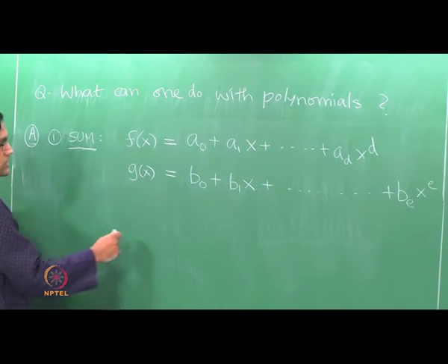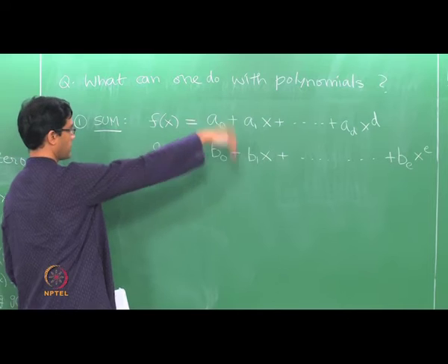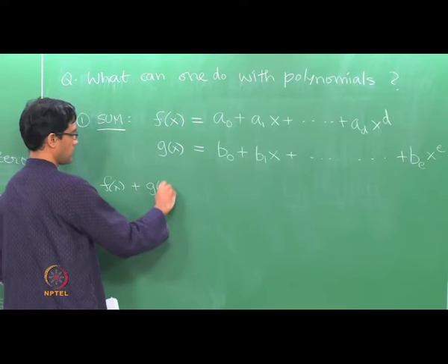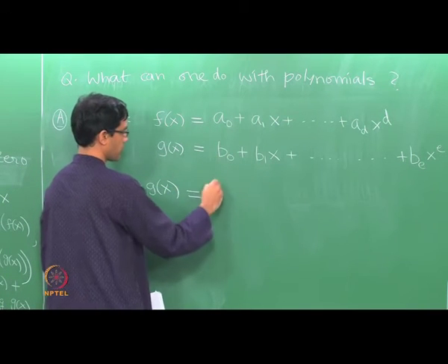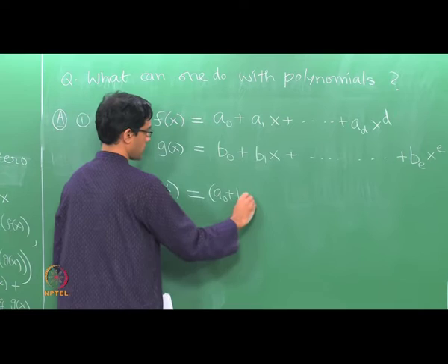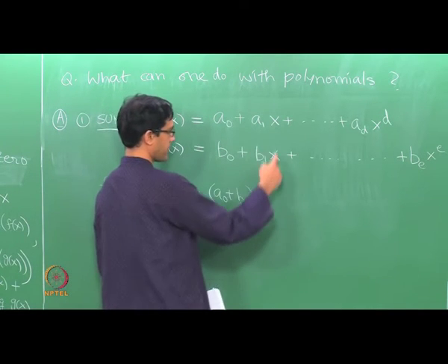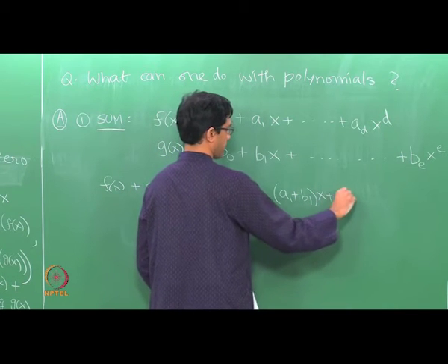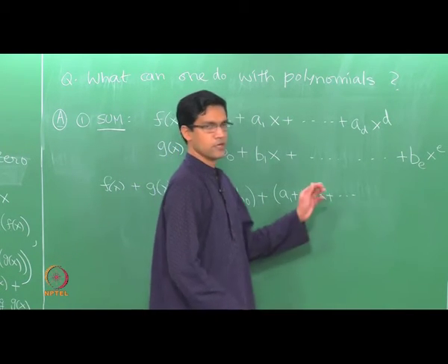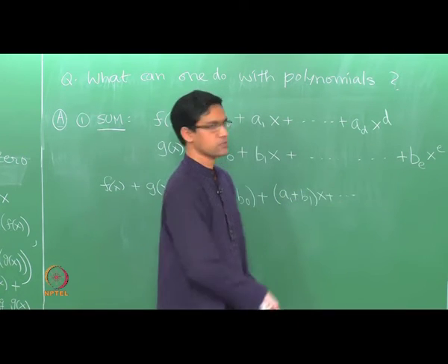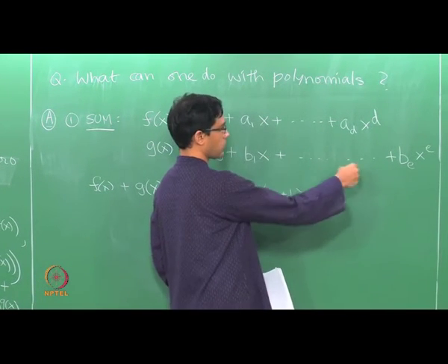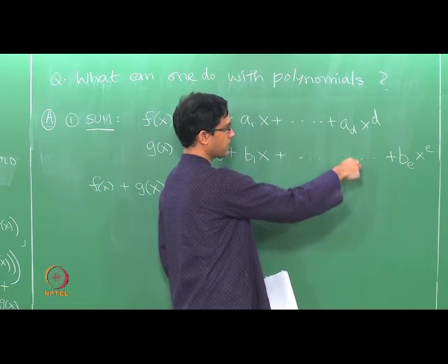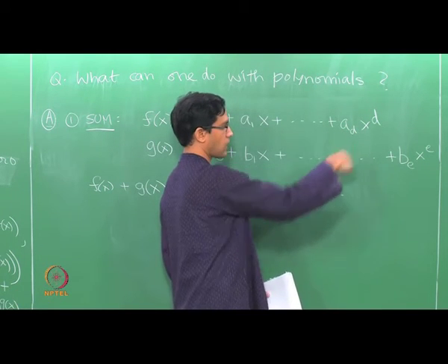Then the sum is just defined term by term. So how do you define the sum of the two polynomials? In the obvious way. I assume this must be familiar. We just take a0 plus b0 as the constant term, and then you collect coefficients of like powers of x. So for x the coefficient is now a1 plus b1 and so on. And observe that while doing this you might at some point run out of powers of x, because for instance if the second polynomial has higher degree than the first, adding them until degree d you will of course be able to collect coefficients.